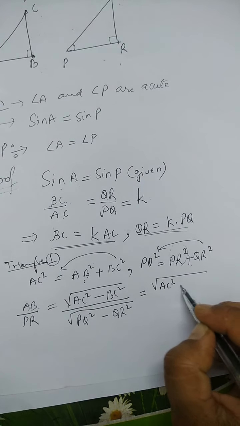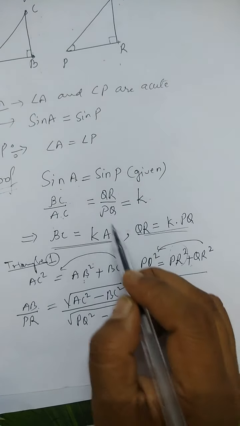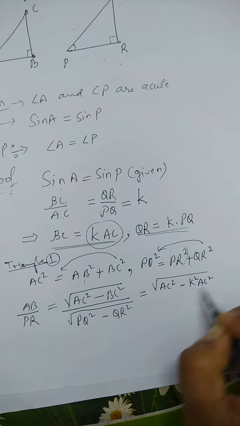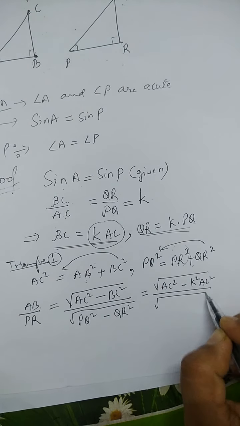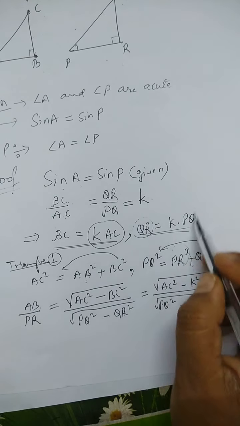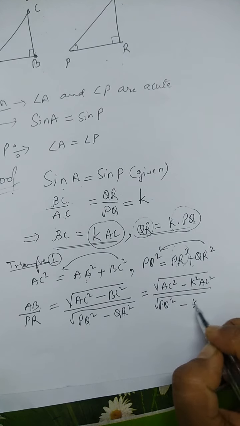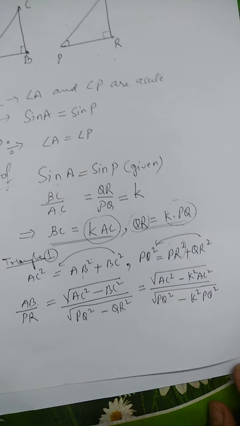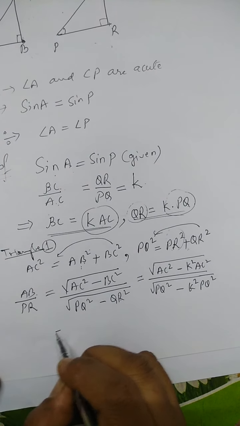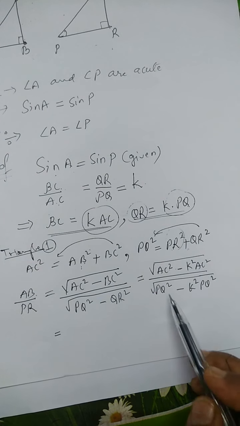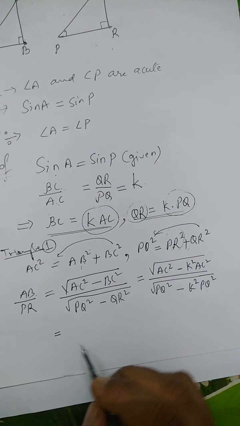So let us substitute the values. AC square minus BC value is KAC, so K square AC square, upon square root of PQ square minus QR value is K square PQ square. Now what to do in next step? Here we can observe that AC square is common. Here PQ square is common. So take common